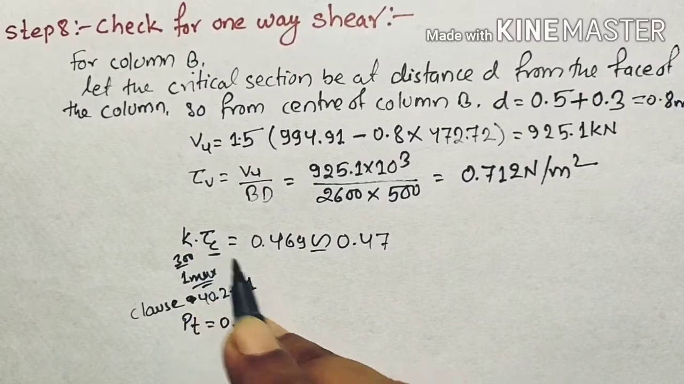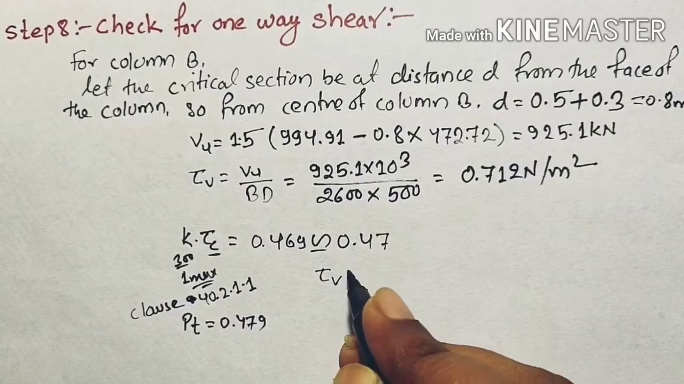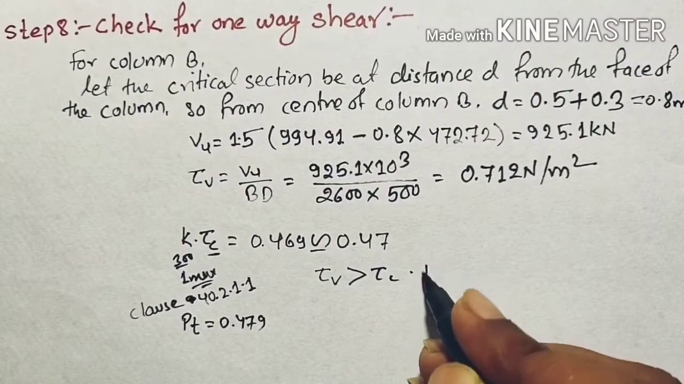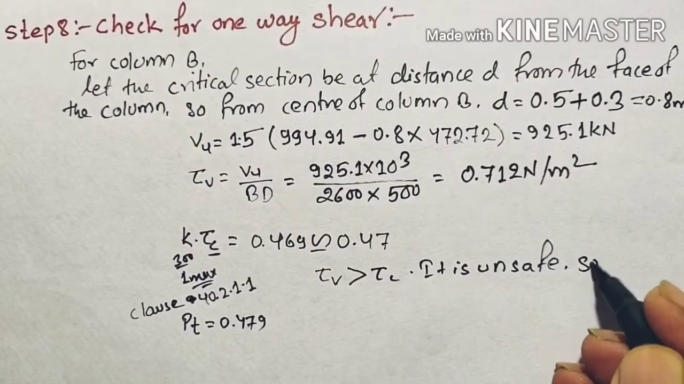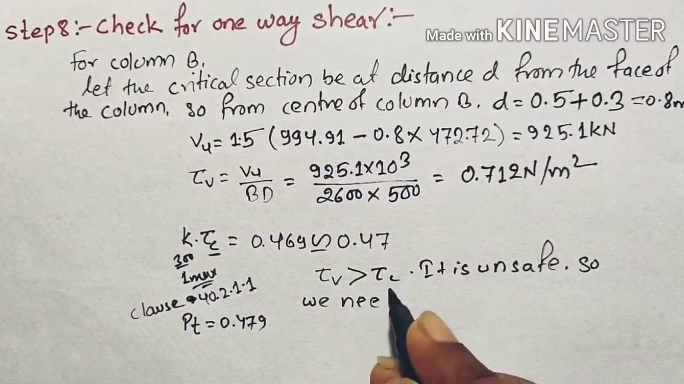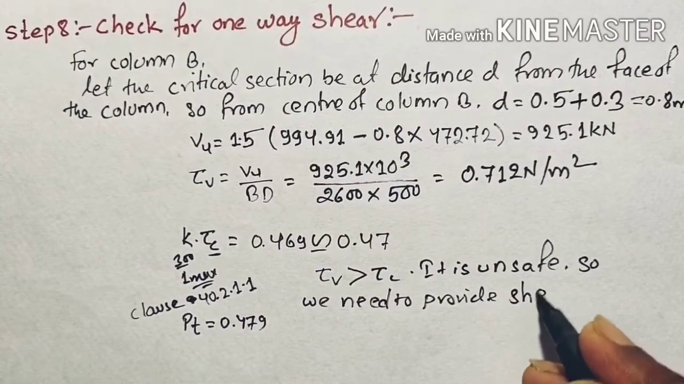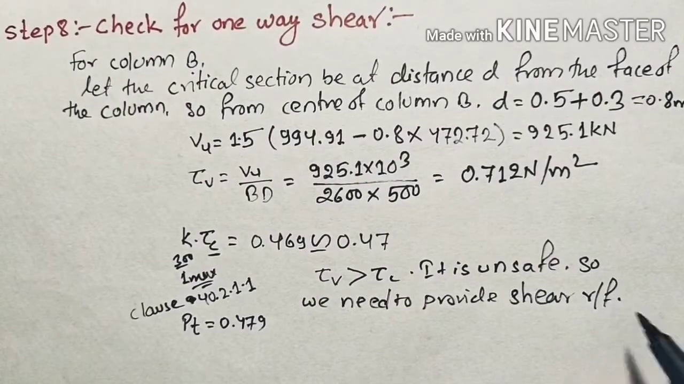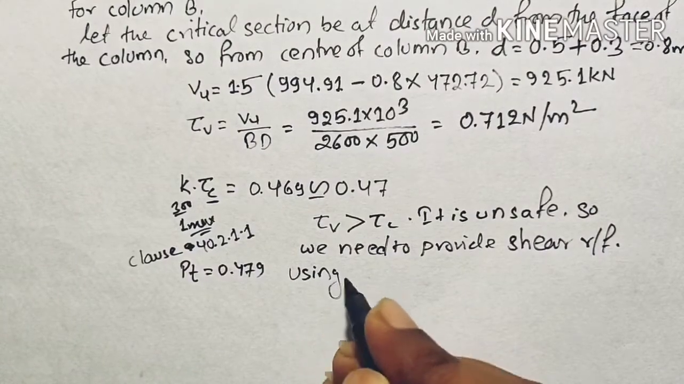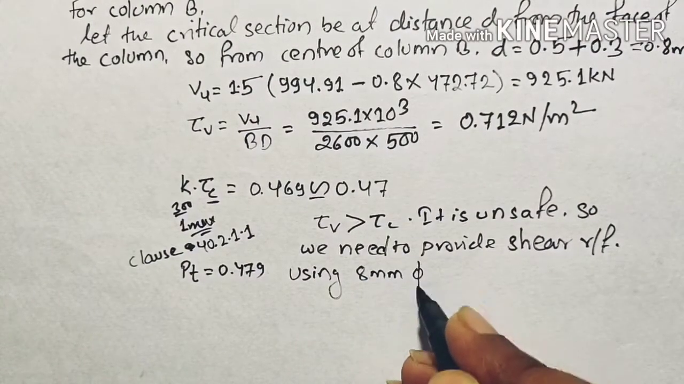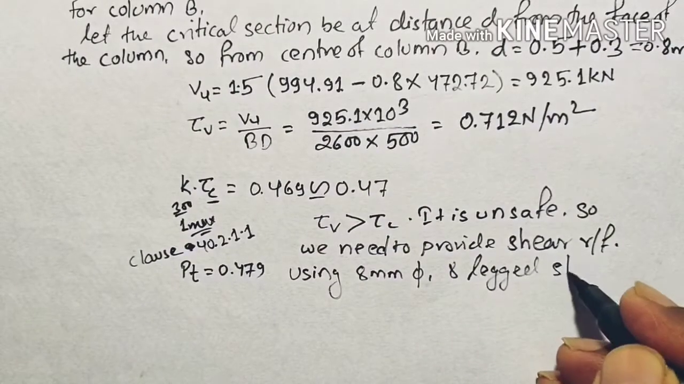And after getting the value of k into tau c, we can see here tau v is greater than tau c. It means it is unsafe, so we need to provide shear reinforcement, and for that let us provide 8 mm dia 8-legged stirrups,